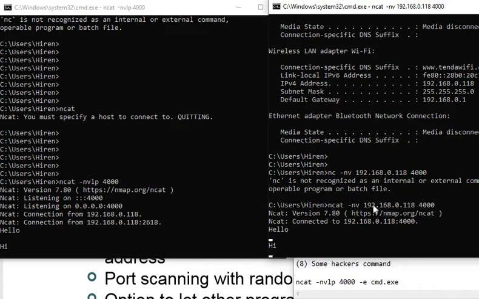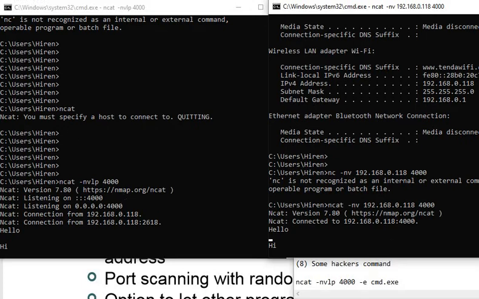This is how hackers can get into any system. Yes or no? Okay. So these were the very basic commands of netcat.